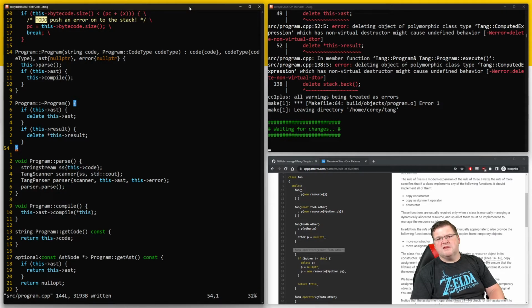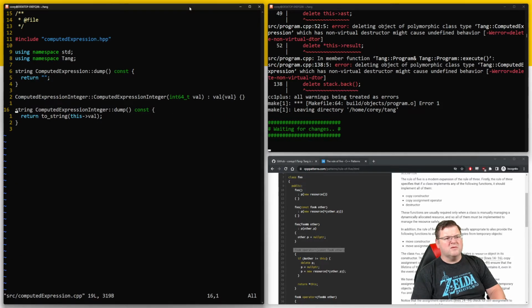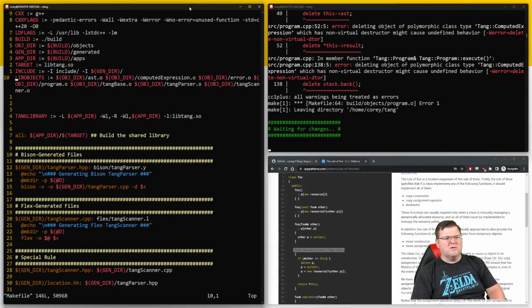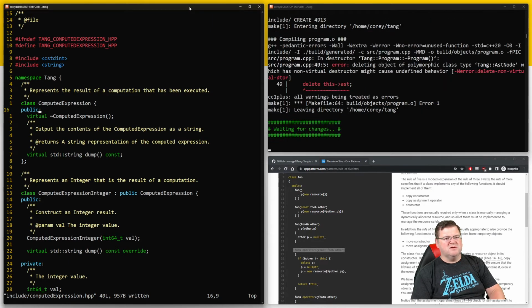It doesn't like that, computed expression has a non-virtual. I know what it's saying. And yes, this will be needed by other types later. So I'm just going to, in fact,